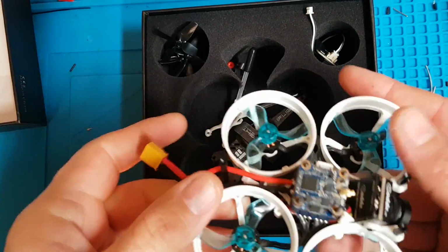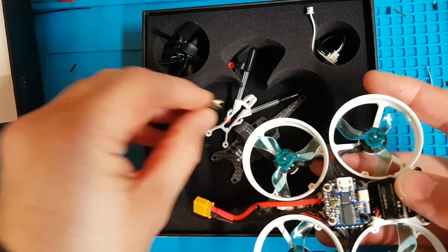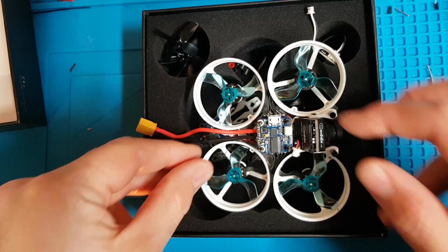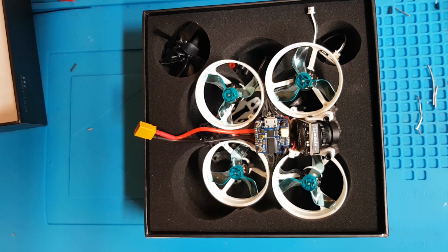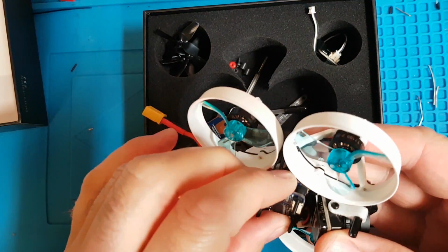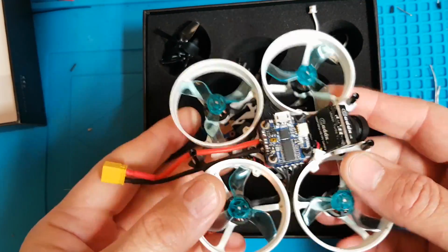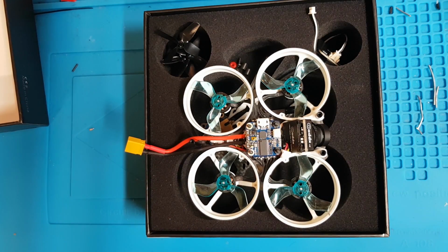because I got mine in with a DSMX receiver, because they didn't have the FrSky receiver in stock. So I thought I'd get the DSMX and then change it over. But along the way, either by myself or it was faulty from the box, I suspect myself, when I removed the receiver and put in the XM Plus, it wouldn't bind, and I was getting, sorry, it would bind, but